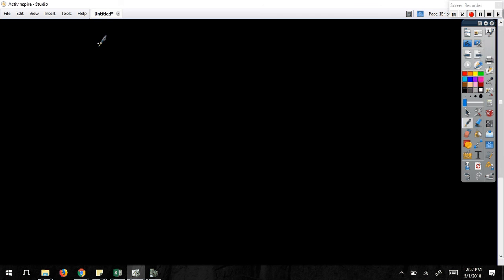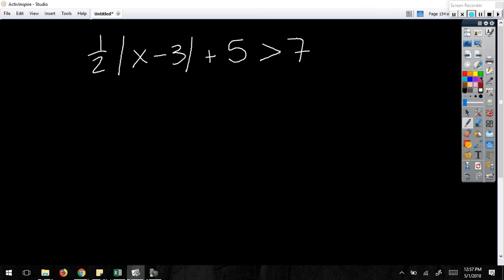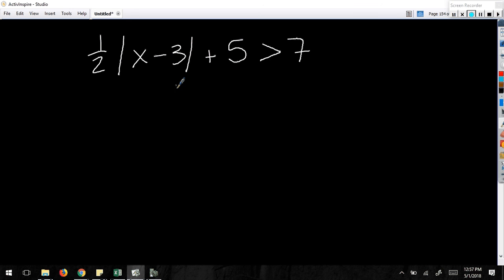If I had, let's say, 1/2 times the absolute value of x minus 3 plus 5. Let's do greater than 7. Okay. In this case, my absolute value is not completely by itself, so I need to make sure I get it completely by itself. So what I want to do in order to do that is work backwards using my backwards order of operations to solve. So I'm going to move the 5 first,